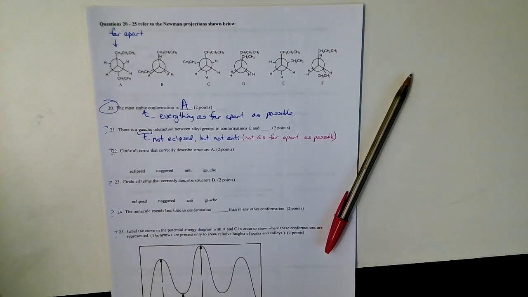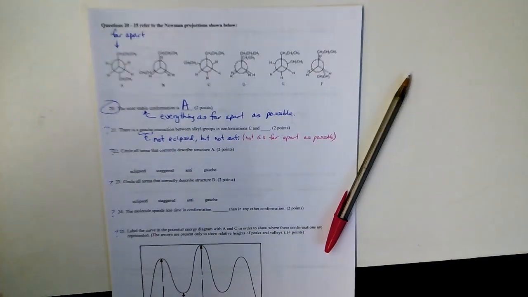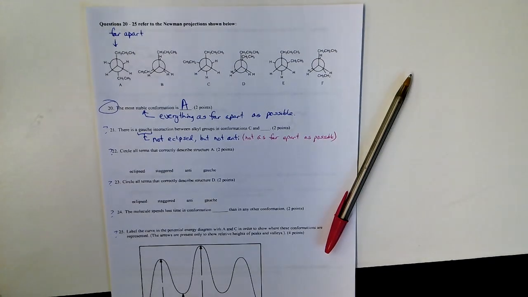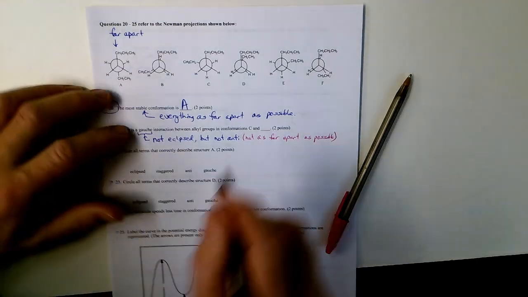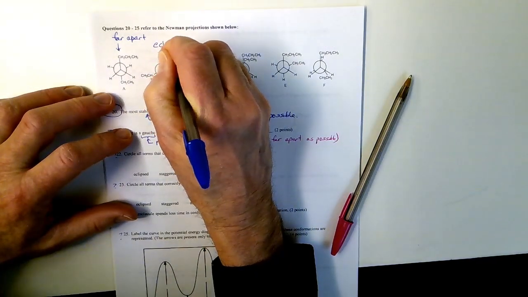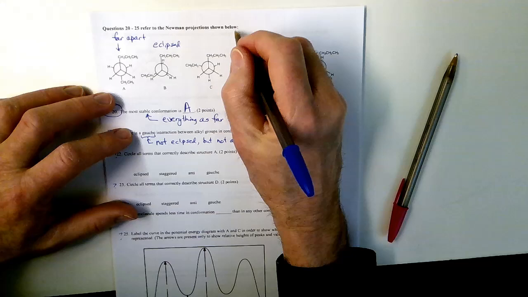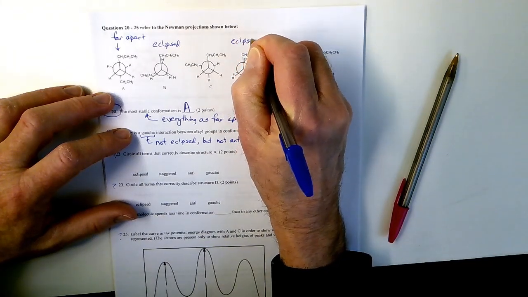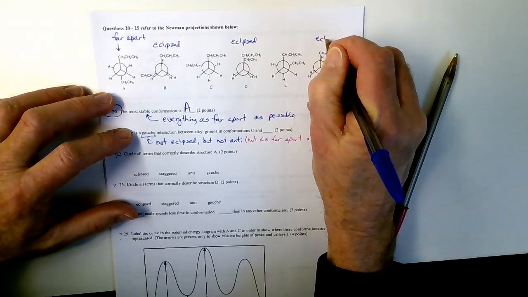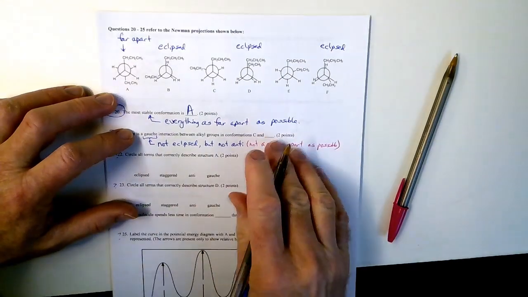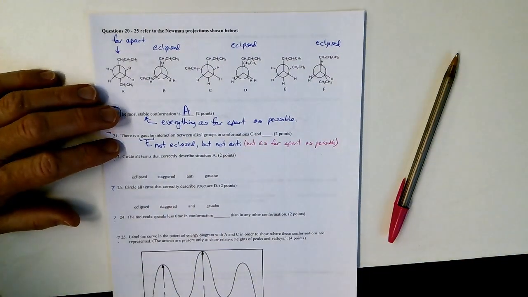All right, let's take a look at our characters again. Do you remember what eclipsed means? It's like drawn right on top of each other, right? Which of those structures look like they're drawn right on top of each other? There should be 3 of them. Good. This one's eclipsed, so's this one, and so's this one. There's clearly crowding going on there.